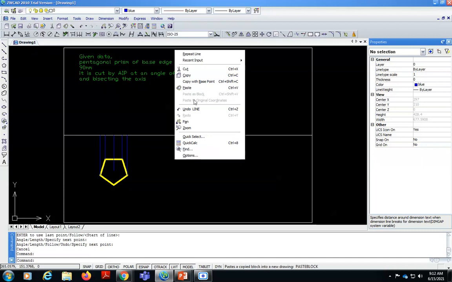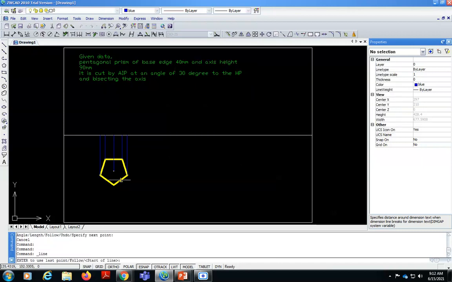Project the center point as well. This point is overlapping with the center of the base, so you can use this point as well. Now the front view will be a rectangle of height 90 mm, so I can use yellow color for this.